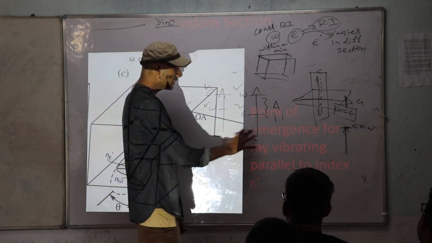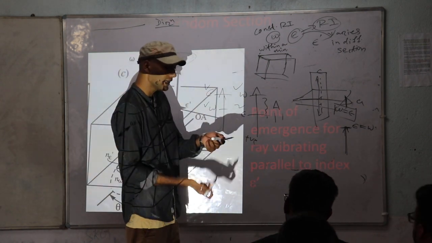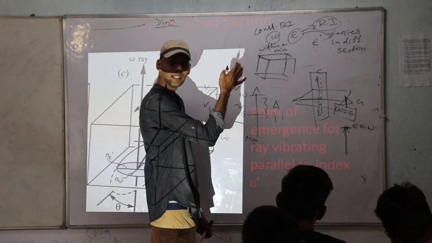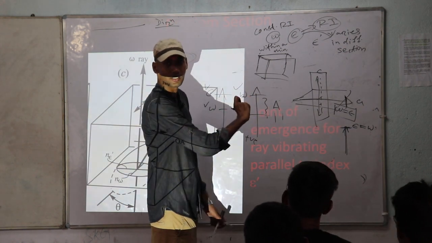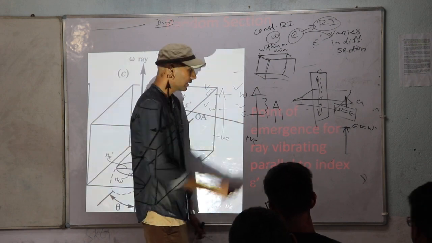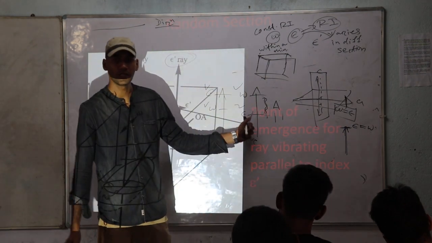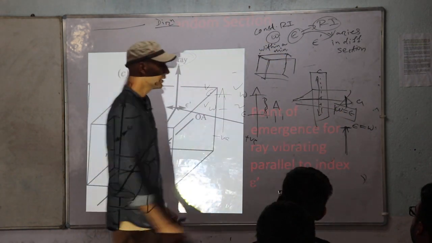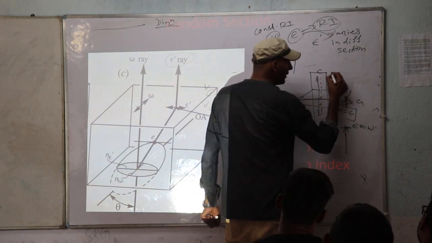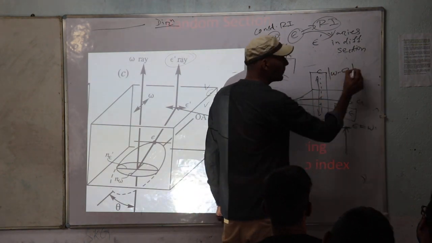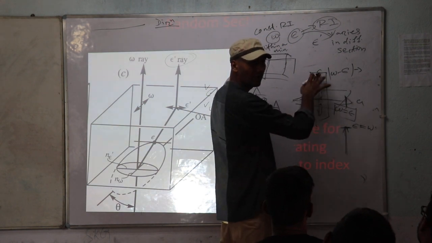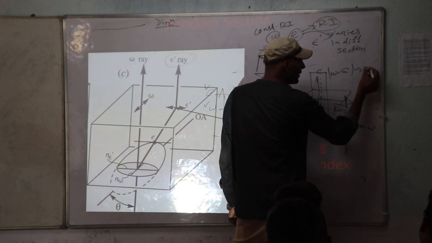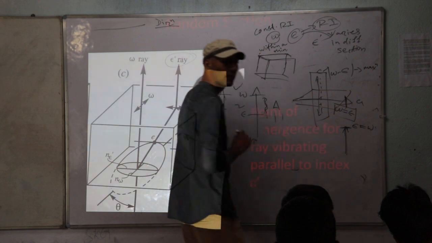Got that? This is in principal section. That means when the light ray is perpendicular to C axis, you are taking AC or BC section, the light rays are migrating in the same path but at different velocities. And that is maximum. This difference is maximum in case of principal section, and this difference is zero in case of basal section. Here omega is equal to epsilon, here mod of omega minus epsilon is maximum. Why have I taken mod? Either omega will be faster or epsilon will be faster depending upon whether the mineral is positive or negative. So this difference is maximum in case of principal section.